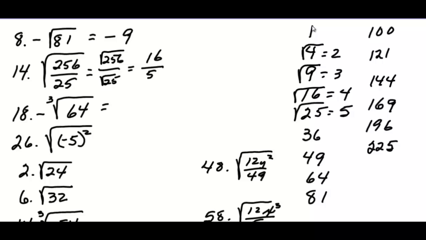And of course, you can look on page 634 and find it. But that happens to be 4. So the cube root of 64 is 4, but because we have that minus sign in front, it becomes minus 4. The interesting one, number 26, if you take negative 5 and you square it, what you end up with